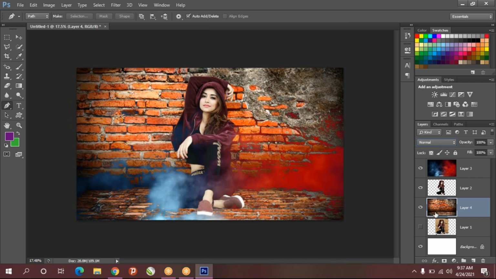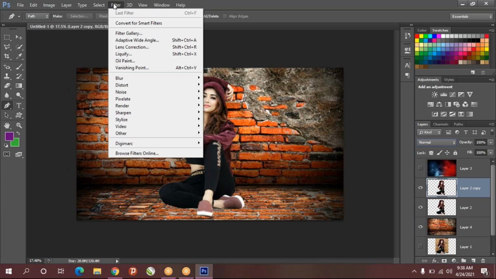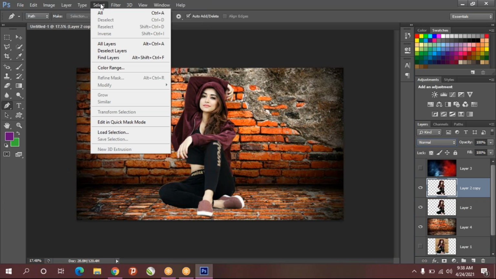If you want to make this darker, but for this we need shadow, because shadow is not there. So you can create shadow by duplicating this only. Control J. So I'm duplicating the same girl layer only, and go to select load selection.